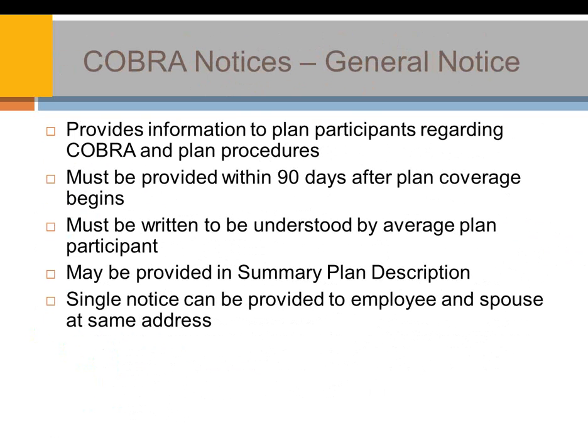The general notice is probably one of the ones that is forgotten the most. In fact, the Department of Labor has come out to say it's the number 2 most important notice because it's the number 2 notice that always gets forgotten. This is the notice that goes out to employees that are actively working for the company and are enrolled on a health plan. You have 90 days to send out this general notice. And the reason why it is so important is that it does provide the obligations to the individual of what they're required to do if there is a qualifying event. Okay. A lot of times these are mailed to the individual employee, and might note that the beneficiaries or insured health plan members are also included on that letter, so you don't have to send more than one letter. Otherwise, you've got to send them to each individual.